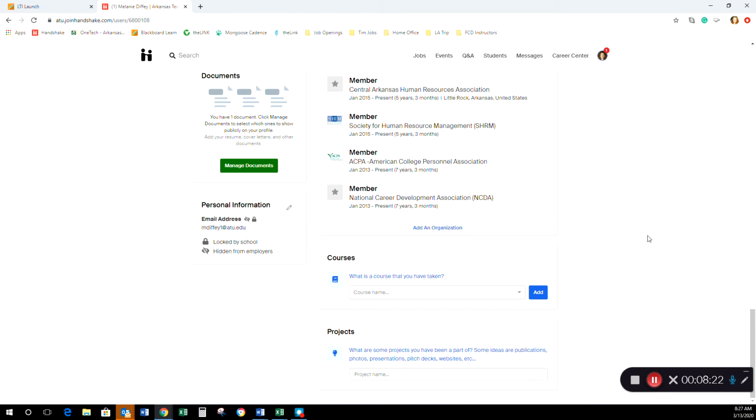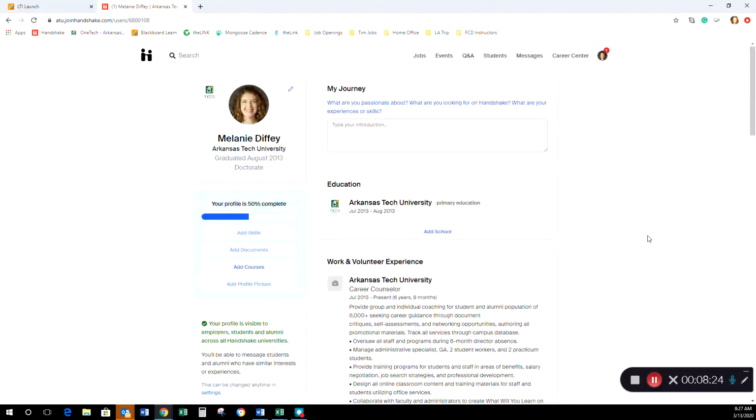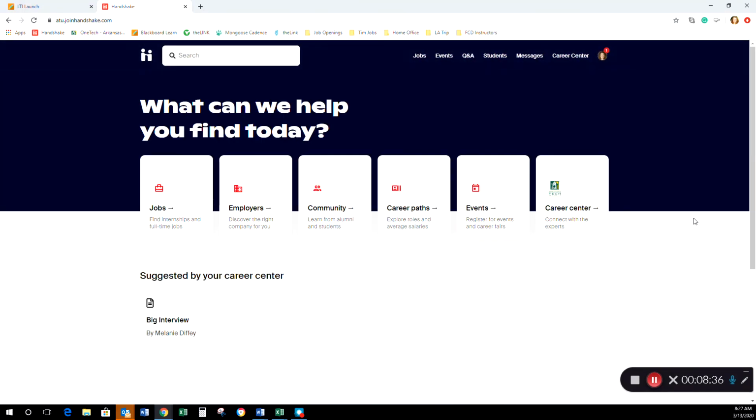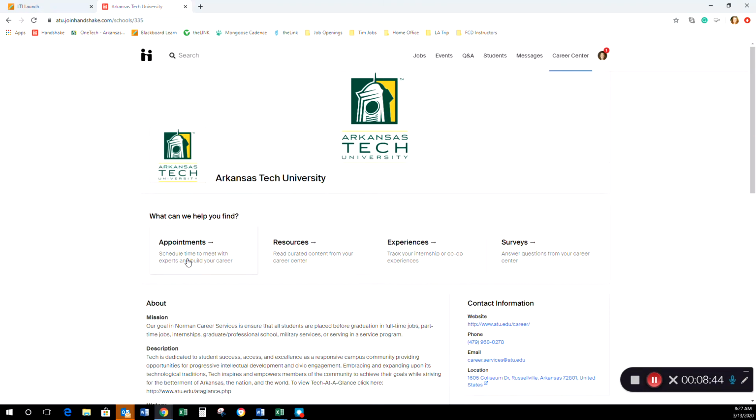If you make your profile public in Handshake, employers can search for you just like they would on LinkedIn or seek you out like they would at a career fair. So this is going to be a great tool for you. So let's do a quick overview in Handshake when you log in. The first things I want you to check out are going to be the job board, the Career Center, with the appointments, and here under resources we have a bunch of tools that you do not need to talk with someone to use. We've got sample resumes in there.